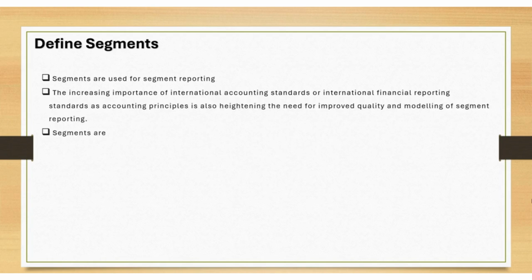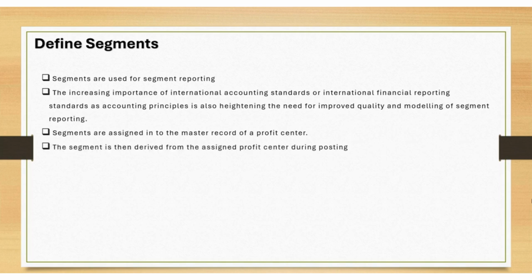Segments are assigned into the master record of a profit center. Now, this is very important because in our upcoming lectures, we have to configure the SAP S/4HANA controlling module as well. Because we cannot work with the SAP S/4HANA sourcing and procurement module without configuring the basic configurations for controlling, and the profit center is very important because it is assigned to the material master data. So we have to create the profit center, and the segments are assigned to the material master record of our